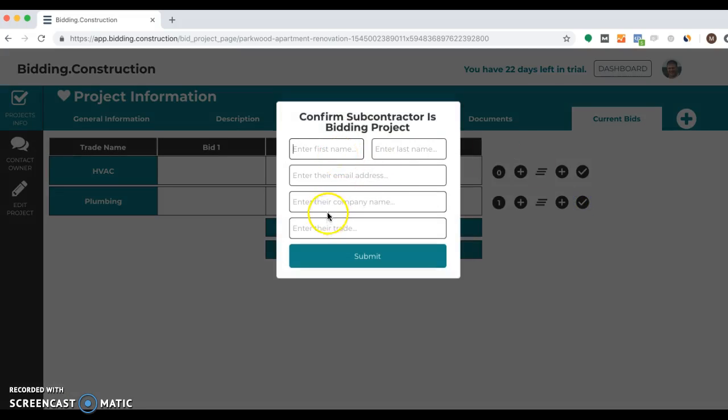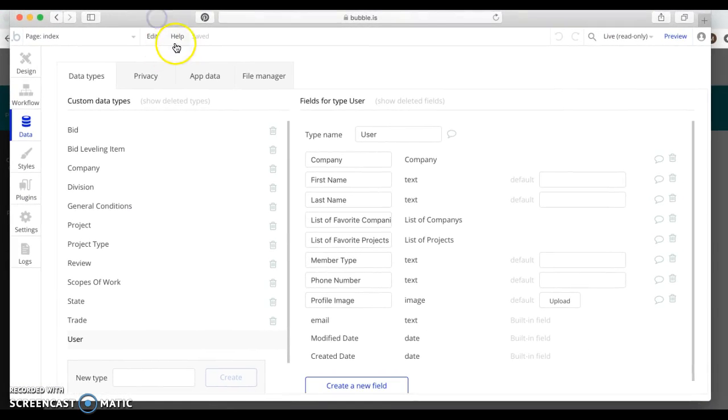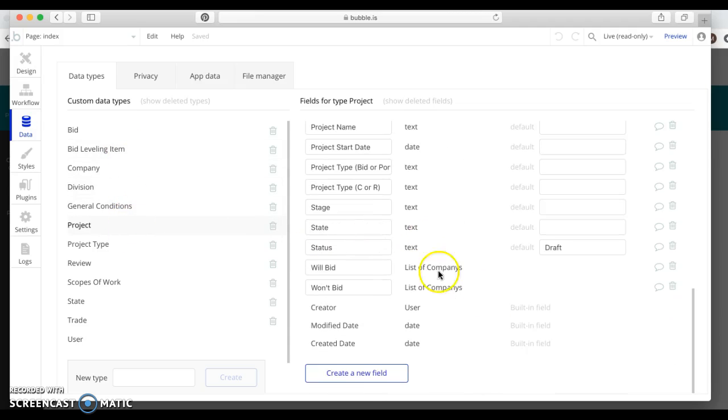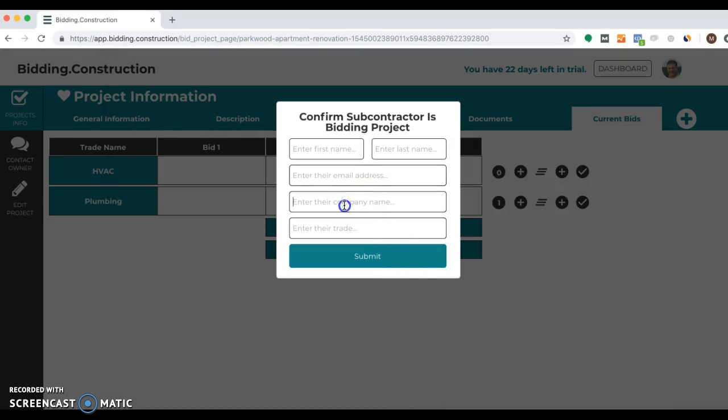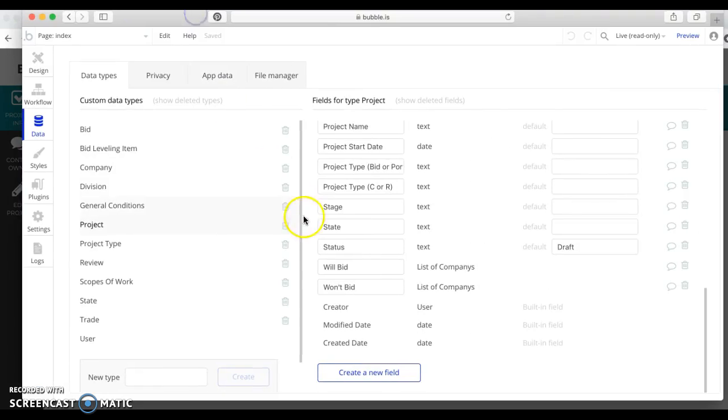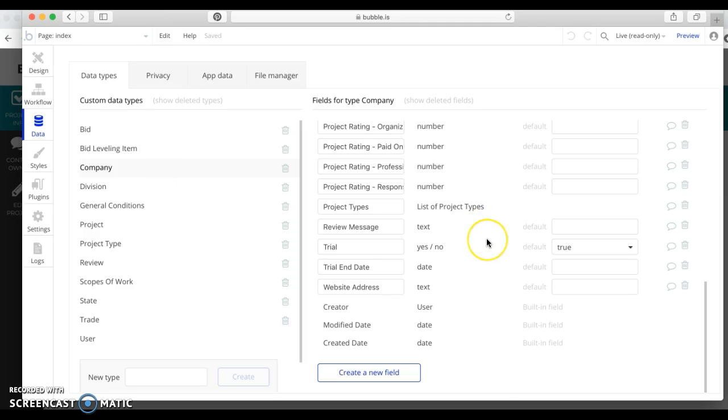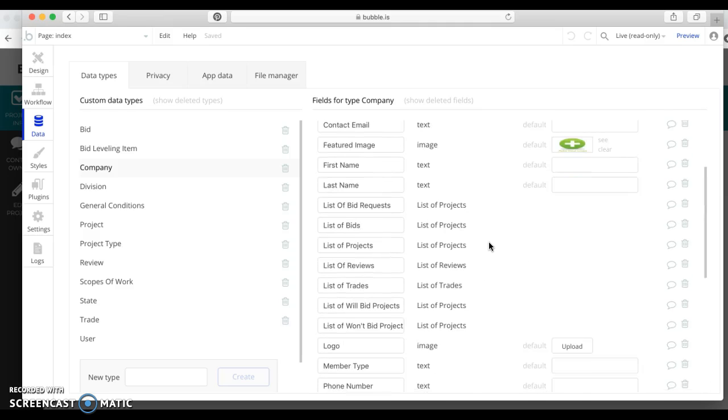So the only fields that we really need are intercompany name and intertrade. These really don't matter, to be honest with you. So when we click submit, we need three things to happen essentially. In the project list, we need will bid updated. So we're going to add this subcontractor. Whatever the subcontractor's name is right here in the company name, we're going to go ahead and update the will bid. Then under the actual company, so-and-so plumbing, we're going to update list of bid requests,